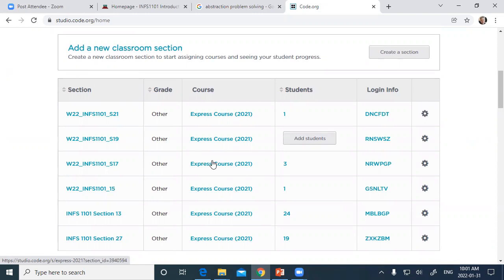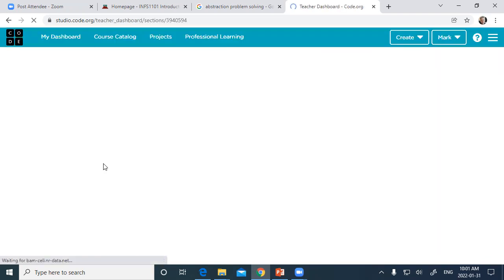This is our login information. You'll see that I've got other ones because I've got other sections. And so you don't want any of those. You want this one, right? The one with the NRW. That's your course. And then that way I can look at and see what you've been doing. So the course that you're doing is the Express course. If I click on that,